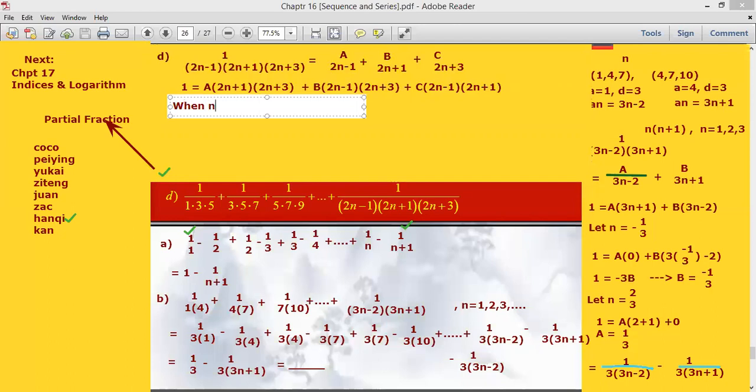Okay, so when you see this, we do it step by step 啦。Okay, when n is equals to negative 1 over 2，好，来，当我们这样 substitute 的时候，this one disappear, this one disappear, so we only left this one. Okay, 1 is equals to b times, 这里变成 negative 2, and then there will be 2, so total up 我们的 b 就会等于 negative 1 over 4。好，来这个是第一个了。这个你们自己写看啦。